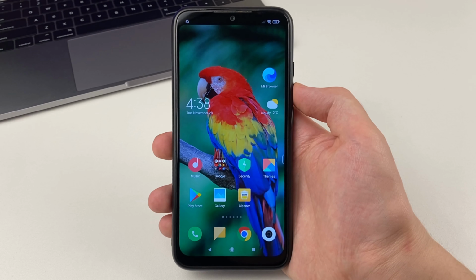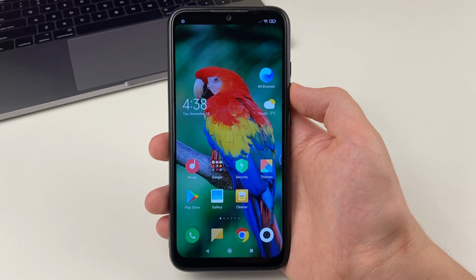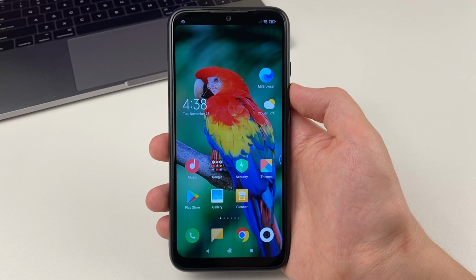Now in this video, I will show you and tell you how to fix TikTok crashing. If it freezes and doesn't work on your phones,